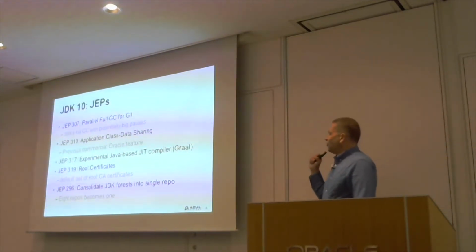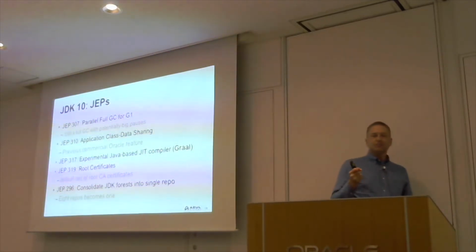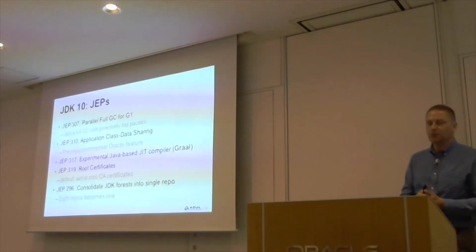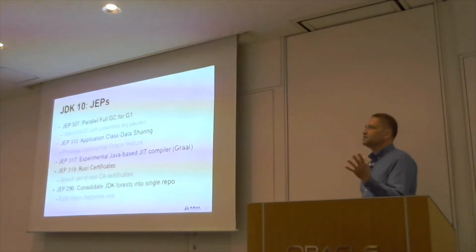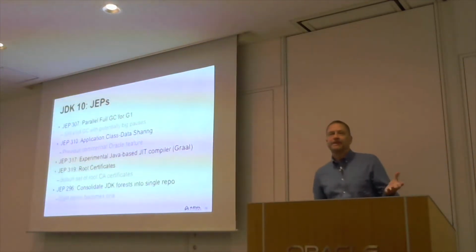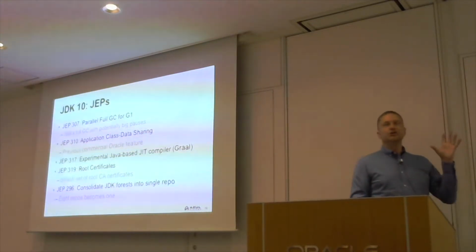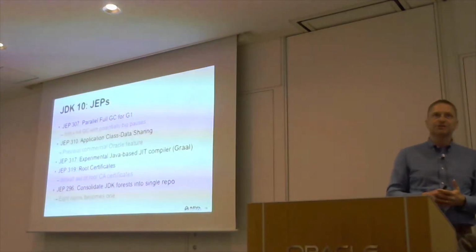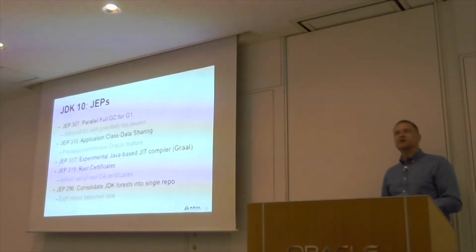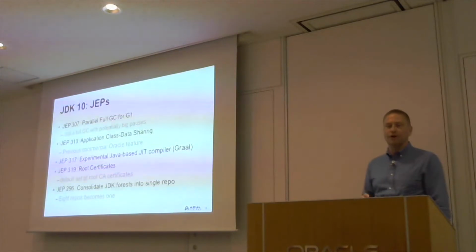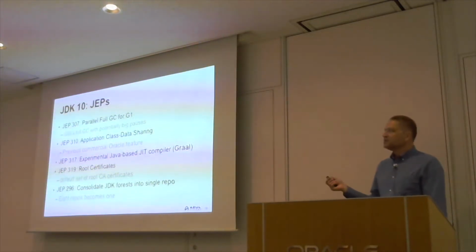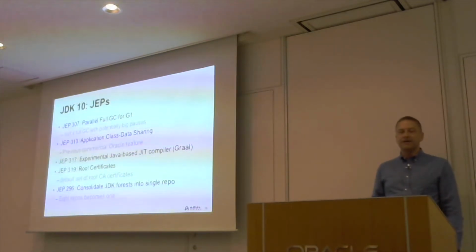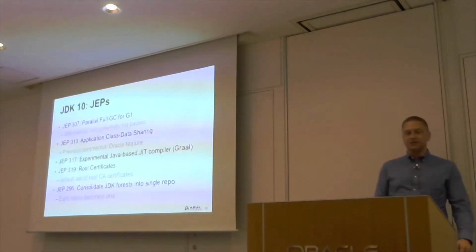There is the inclusion of an experimental JIT compiler. We'll come back and talk about JIT compilers in a lot more detail later on. But Graal is a project that's been around for quite a while. It's a JIT compiler that's been written in Java, and it's designed to give you different, better performance characteristics than you get with the traditional way of doing things. Still experimental, still work going on it, but probably we'll see that at some point making it into the standard way of doing things.